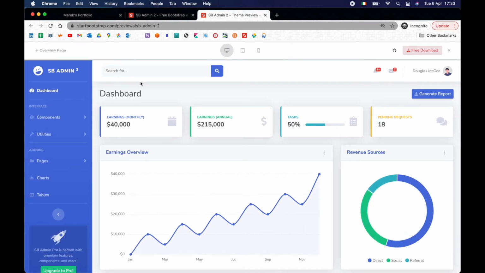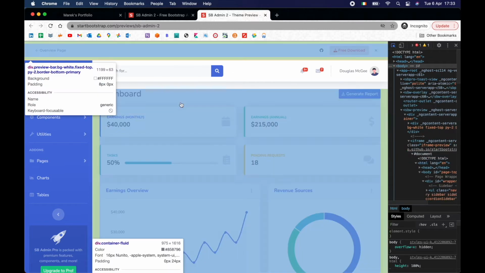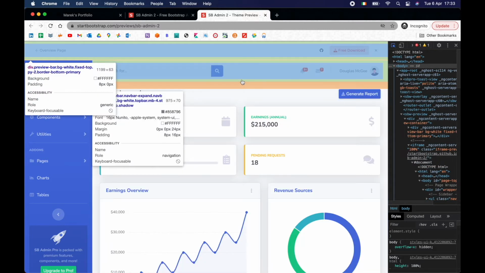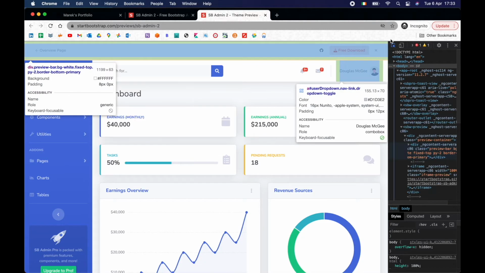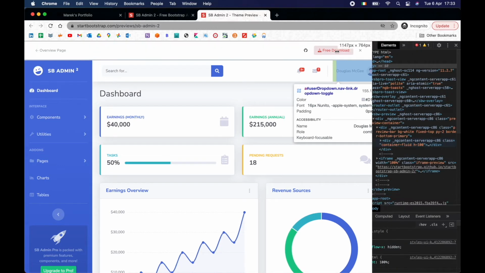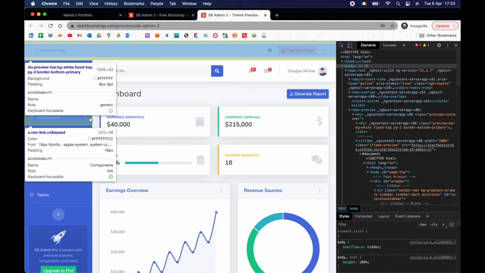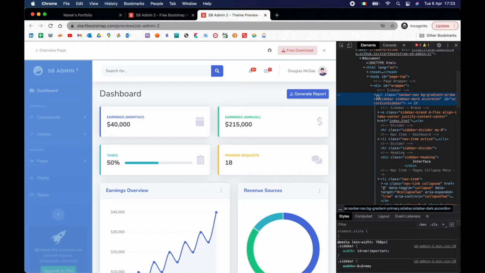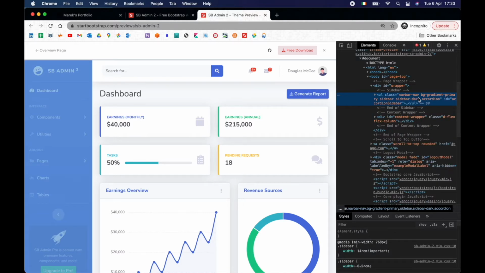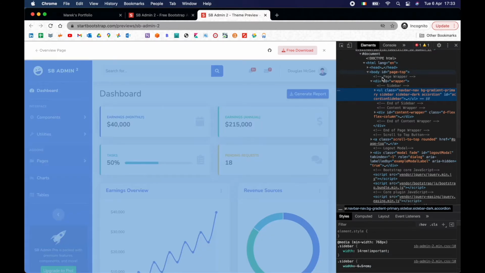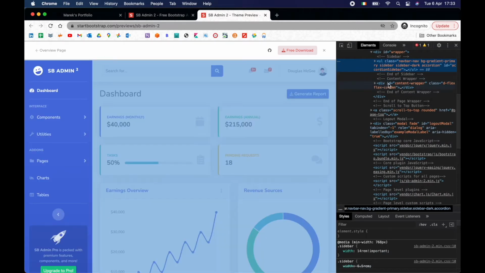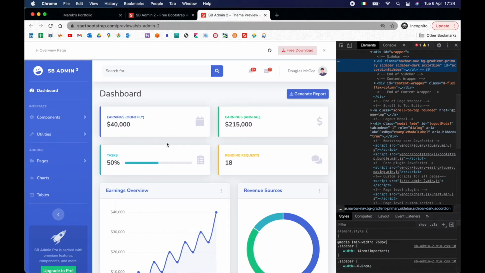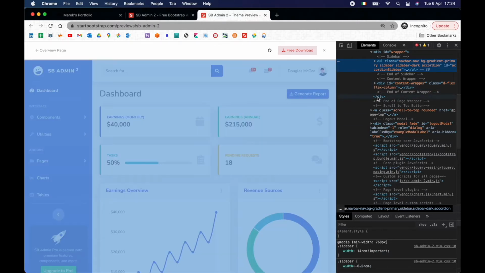So let's press Option Command I to inspect very quickly what we have where. Let's click on using this tool here. I want to click on navbar. So let's have a look where the navbar starts. It seems like this is our navbar. Okay, so we have some UL class navbar nav. Here's some wrapper for the whole thing. Here is the body. So then we have content wrapper, which only wraps the right side, and inside of it,